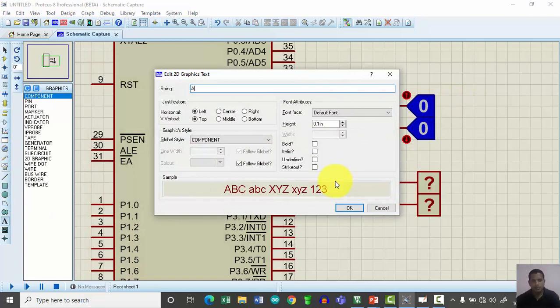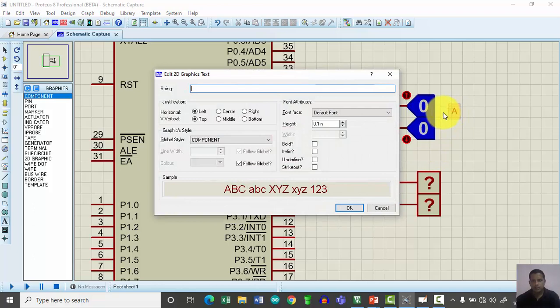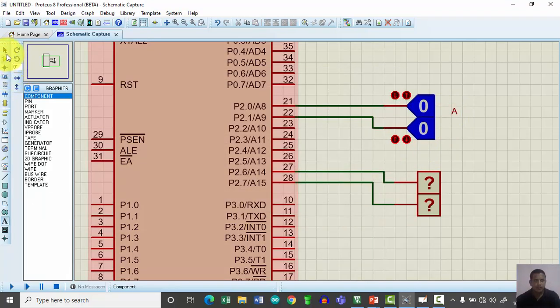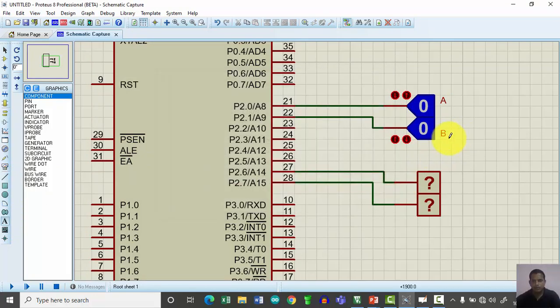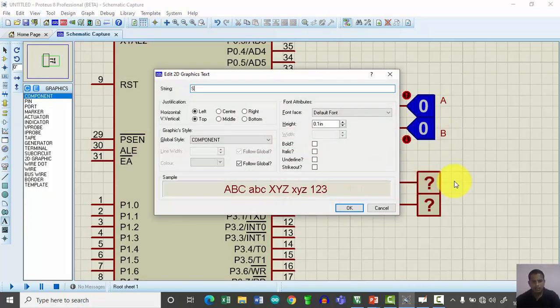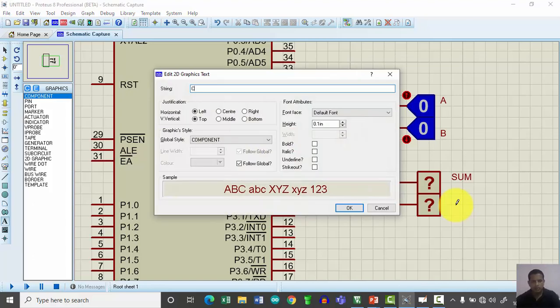So this is the first input, input A, second input, input B. Here this represents sum, and here it represents carry.